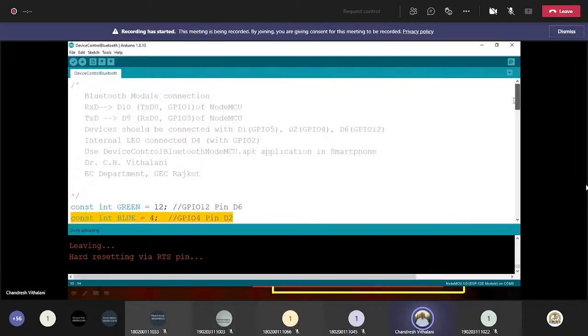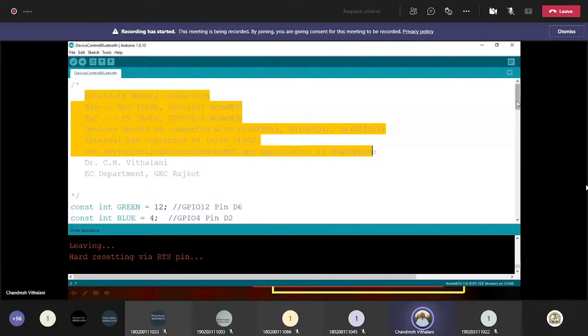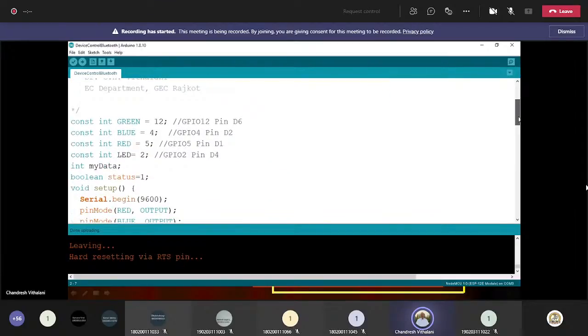So in this program, initially in a comment section, the connections are given, so that whenever you want to execute this program, you will come to know, okay, I have to do the connection like this. So it's a good practice that in your comment section, you should write all the connection details. Right? Basically, we are trying to control the devices with the help of a Bluetooth link, with the help of a mobile